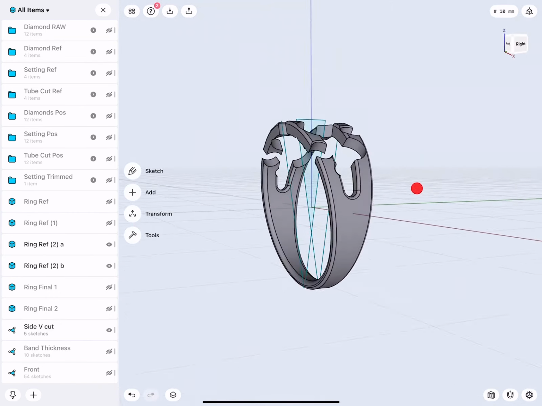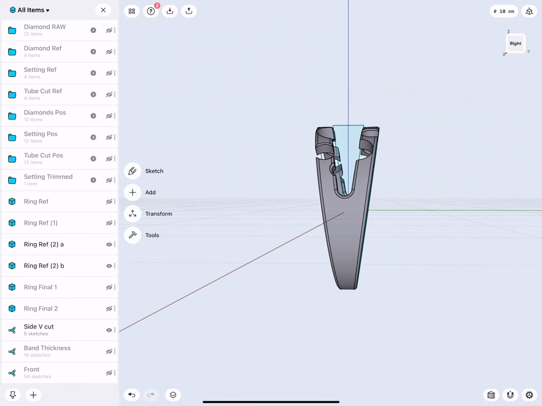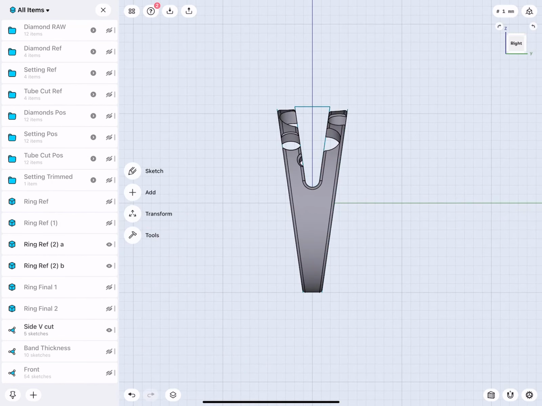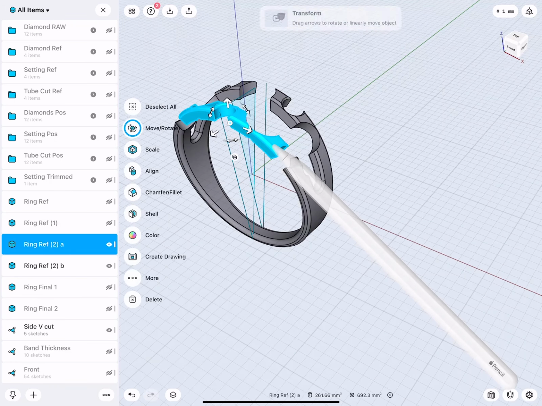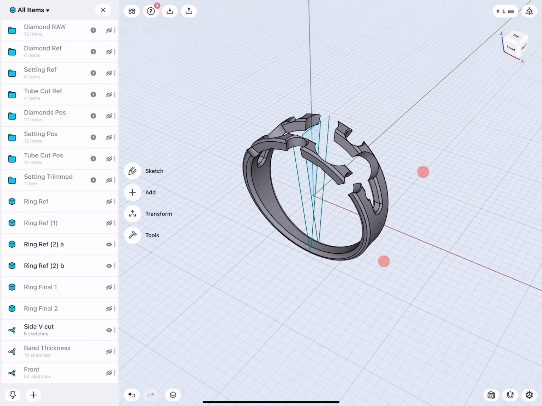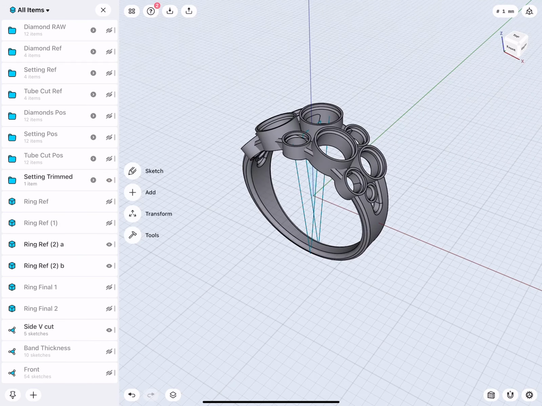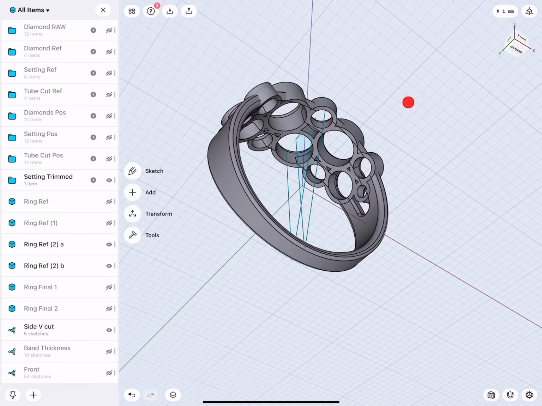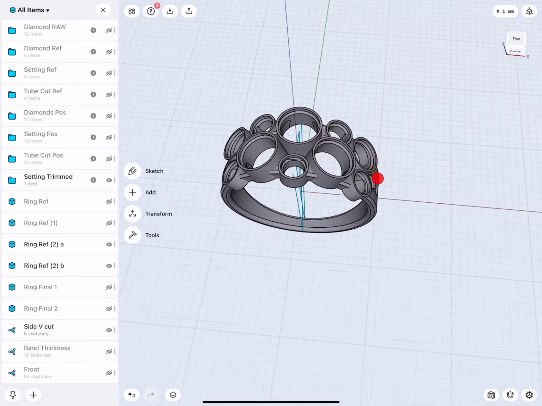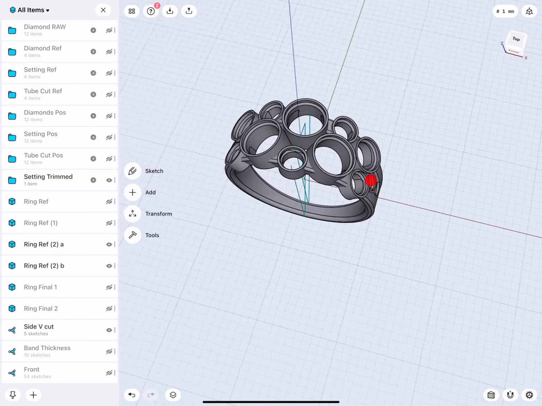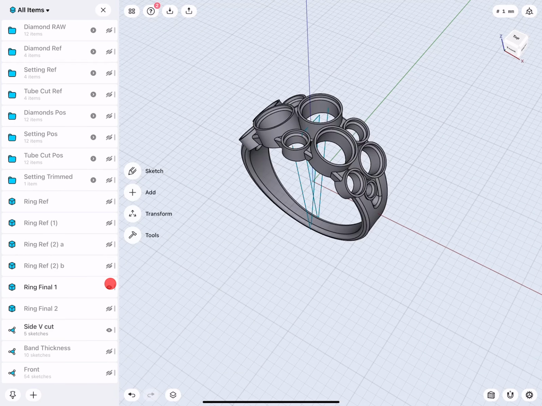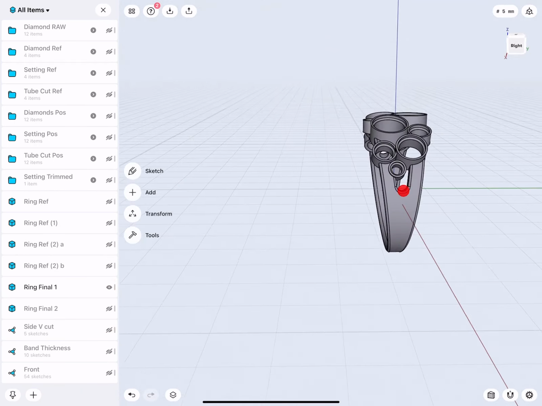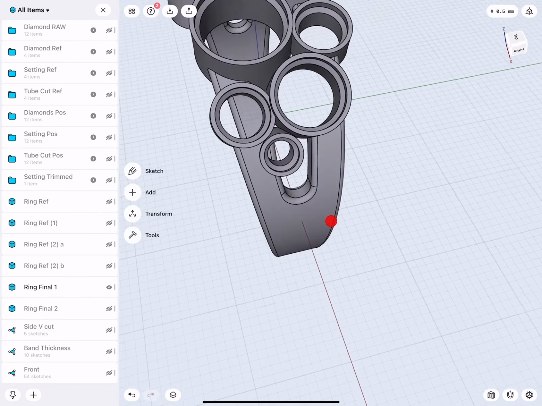Now, why is there actually a fragment? Well, this is because the V cut so much material that this one became a freestanding body. But that's not really a big problem because we have our stone setting and I will join everything back together and then this connects it. And then this process basically generated this design.